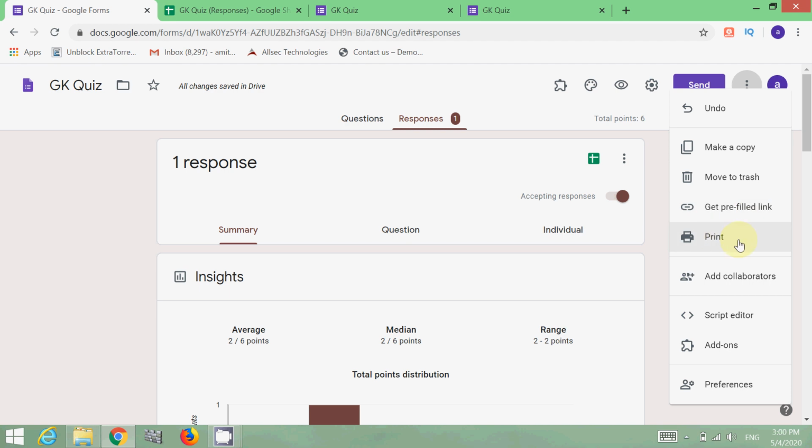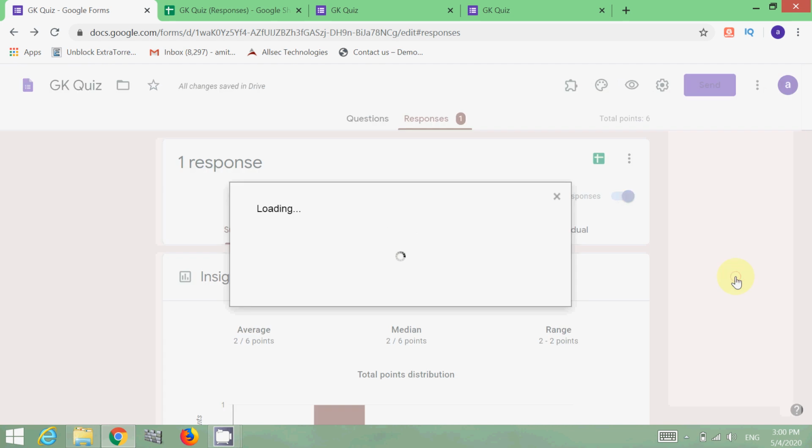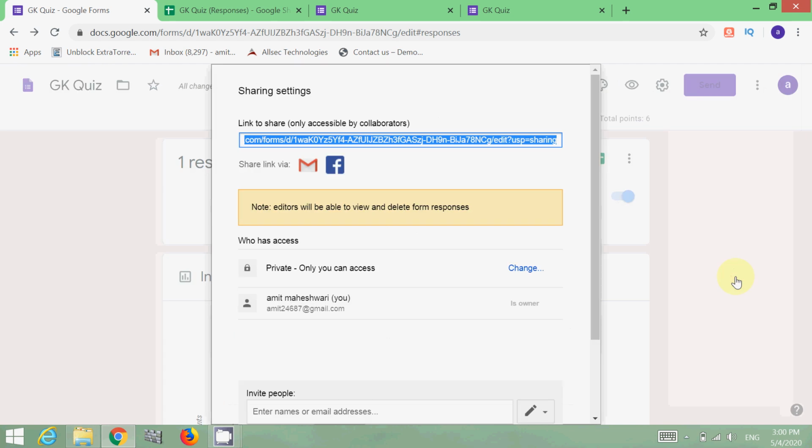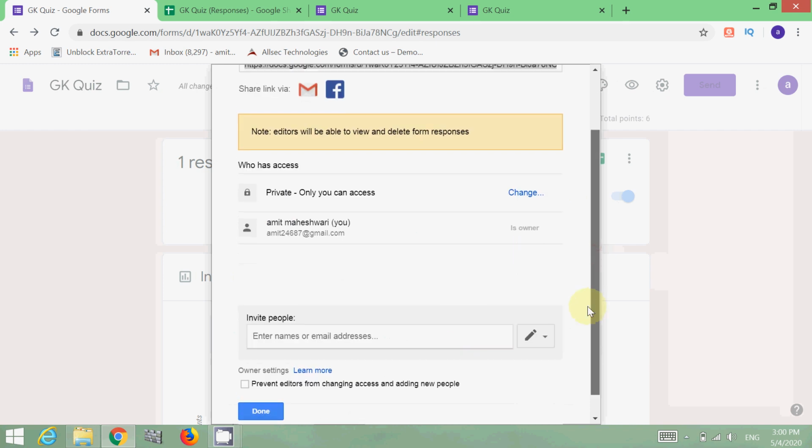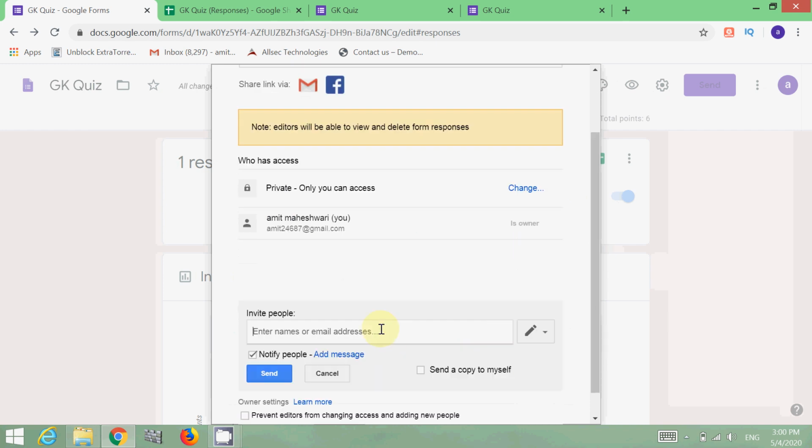And one important option for the teachers is add collaborators. If you go to add collaborators, you can invite other teachers to add questions in that particular Google Form, by entering their name or their email addresses.